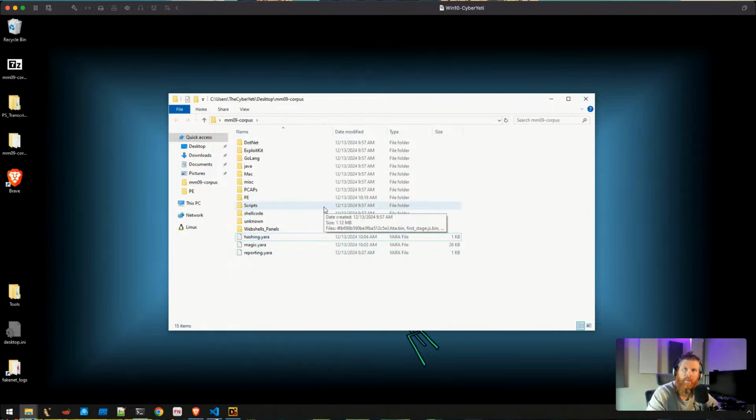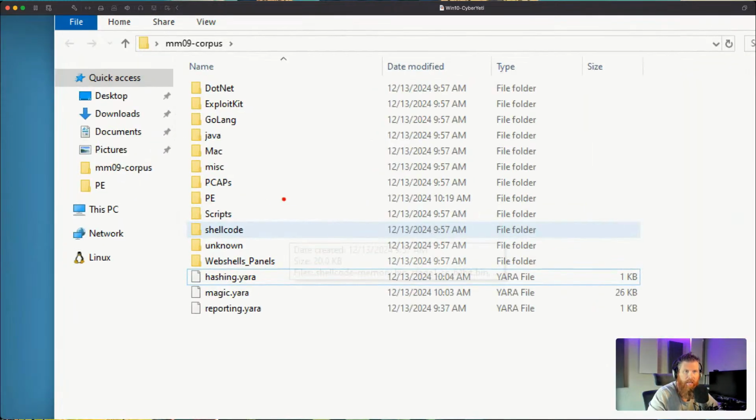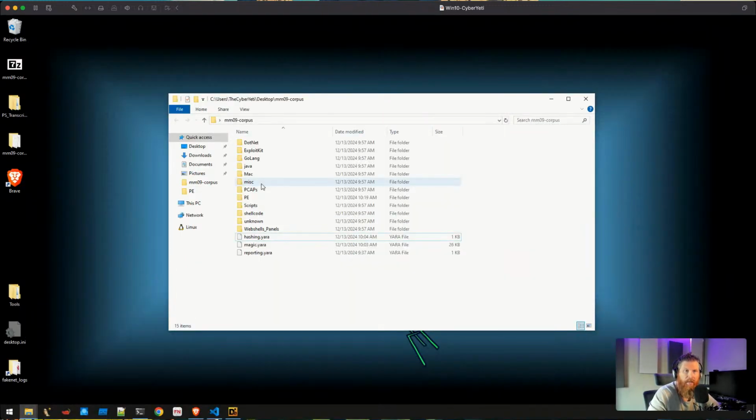You can go to the site, cyberyeti.com, and download the zip. This should have pretty much everything, except I somehow forgot to add a handful of PE, just regular old PE files. So that'll be the only difference. If you wanted to grab an archive with these different files, these are what I'm using for the stream. You can find that on Cyber Yeti. There's the Malware Mondays link up at the top. Now, the idea here is that I just wanted to collect a grab bag of different files, different file types, so that we could go through some basic identification.